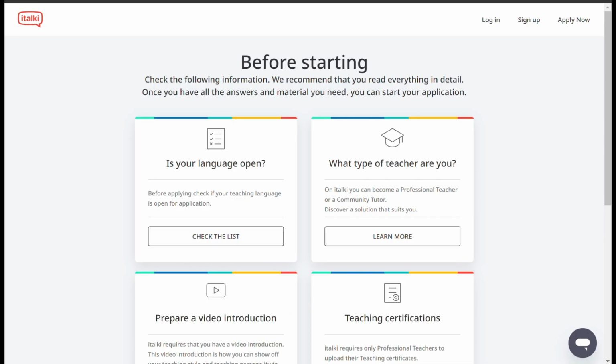So they are going to ask you a series of questions before you even begin to register. And here they said, before applying, check if your teaching language is open for application. So you click on check the list.